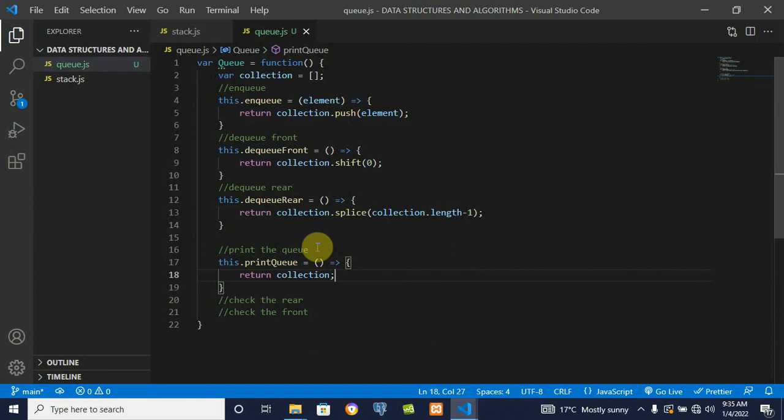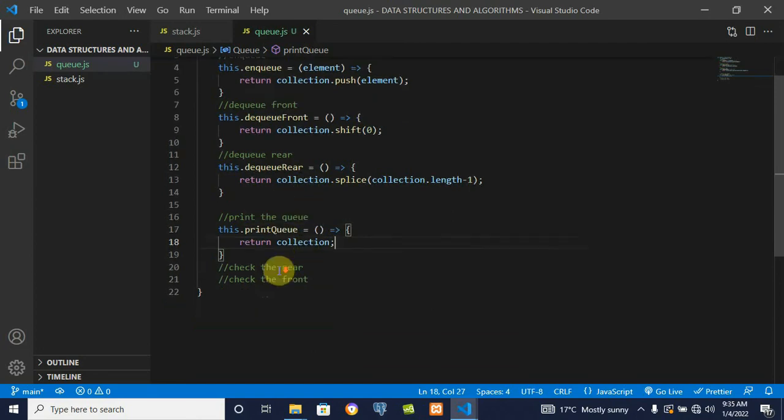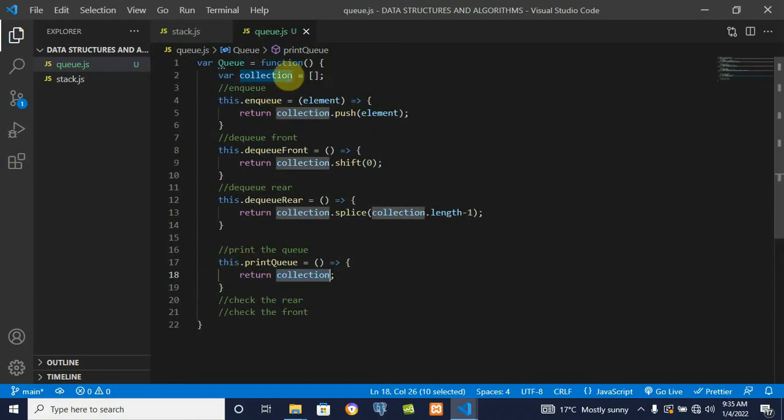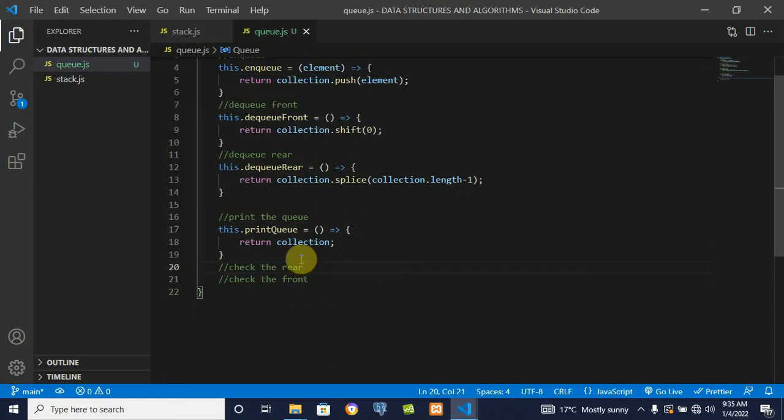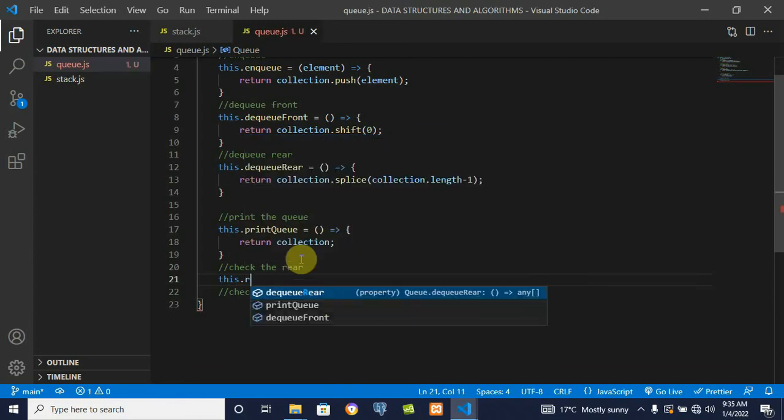We return the array, the collection. Everything that is in our queue is going to be returned. Then to check the rear, that is the final item, we're going to just return the final item, which is collection.length - 1. So this.rear